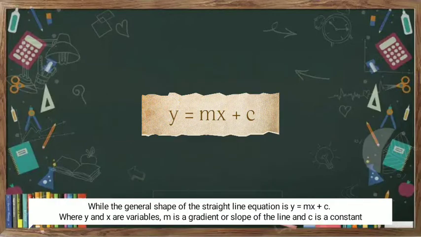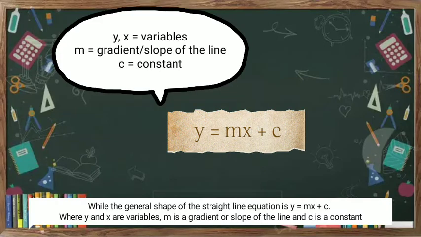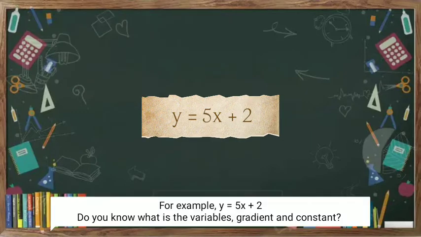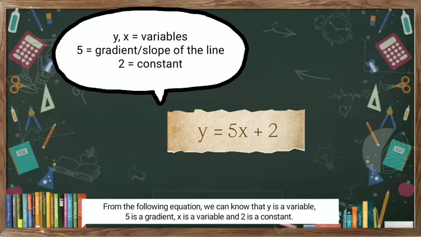While the general form of the straight line equation is y equals mx plus c, where y and x are variables, m is the gradient or slope of the line, and c is a constant. For example, y equals 5x plus 2. Do you know what the variables, gradient, and constants are? In the following equation, we can see that y is a variable, 5 is the gradient, x is a variable, and